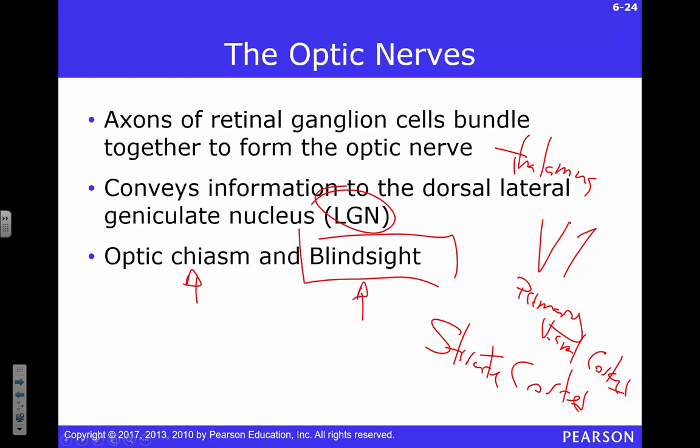Okay? If you have damage to your primary visual cortex, let's say that area is knocked out, and I show you an object and say, hey, what do you see? You're going to say, I don't see anything. We can repeat this process over and over again. I can hold up objects and you don't see them. So this individual's blind. That makes perfect sense. Primary visual cortex is gone, you're blind, okay? So, what do we do next?